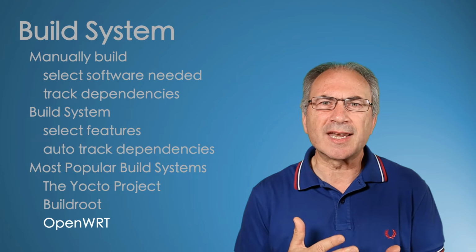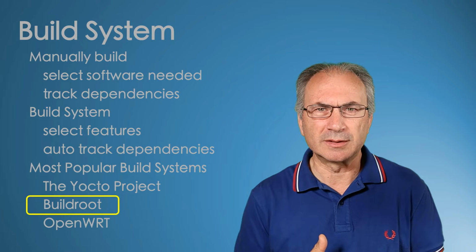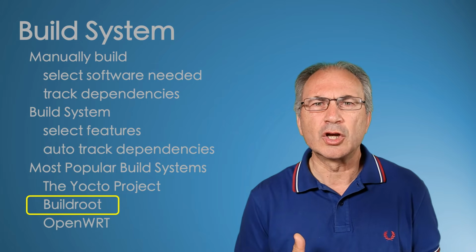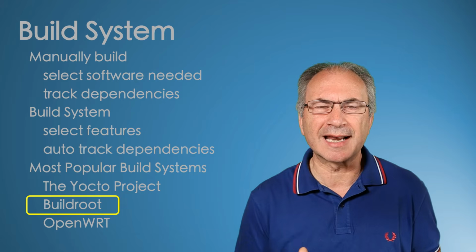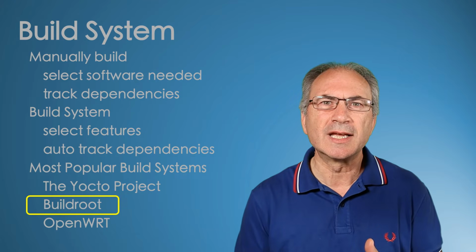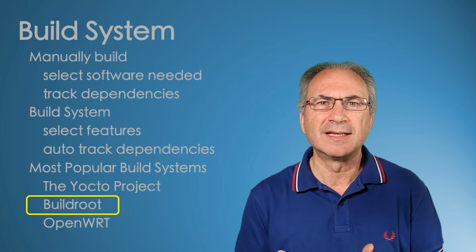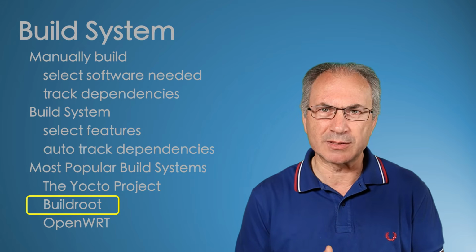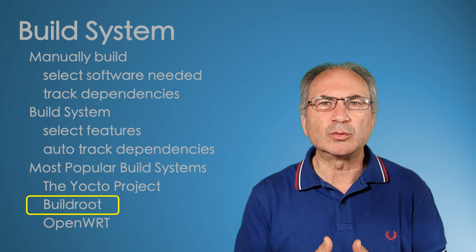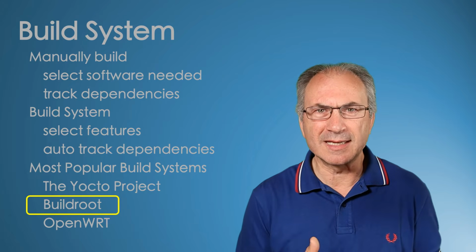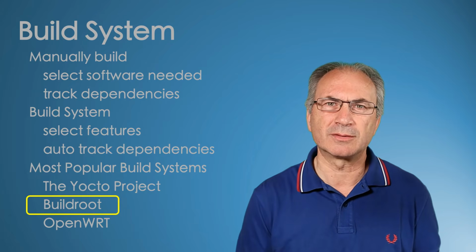For this training tutorial I choose Buildroot. In the description below you will find the link to the kernel and root file system image that we will use now in QEMU and that I will build with Buildroot in the next episode. I will describe how to build these images in the next episode.